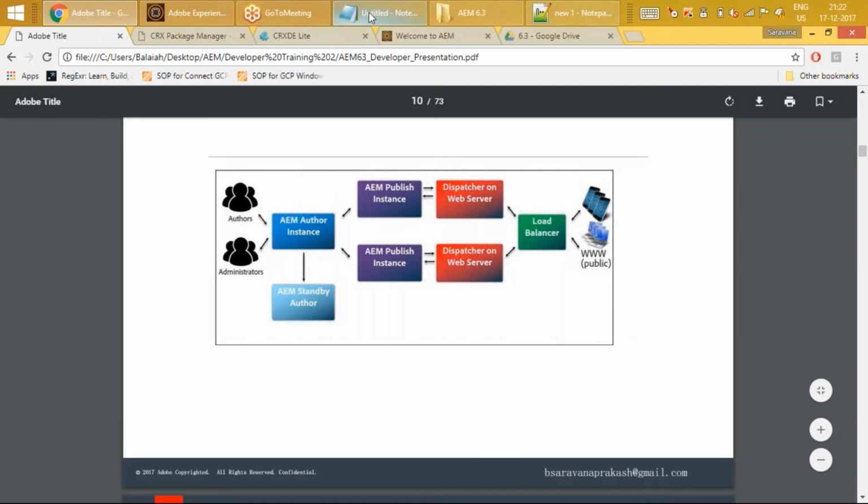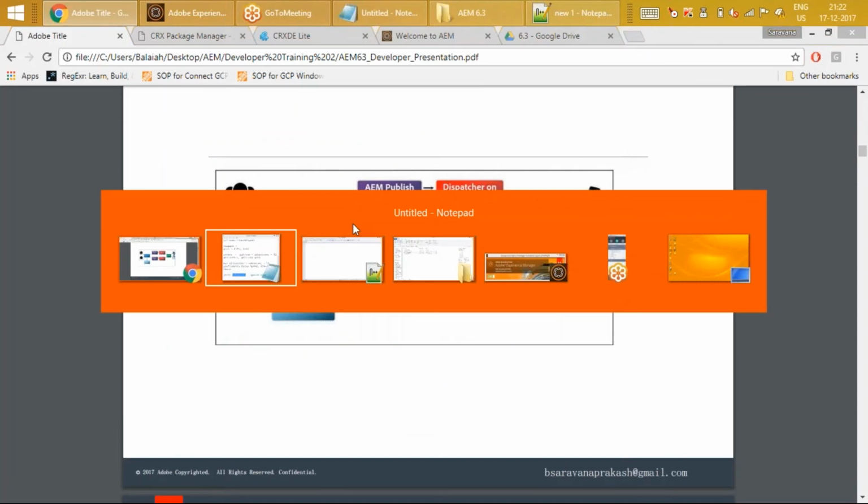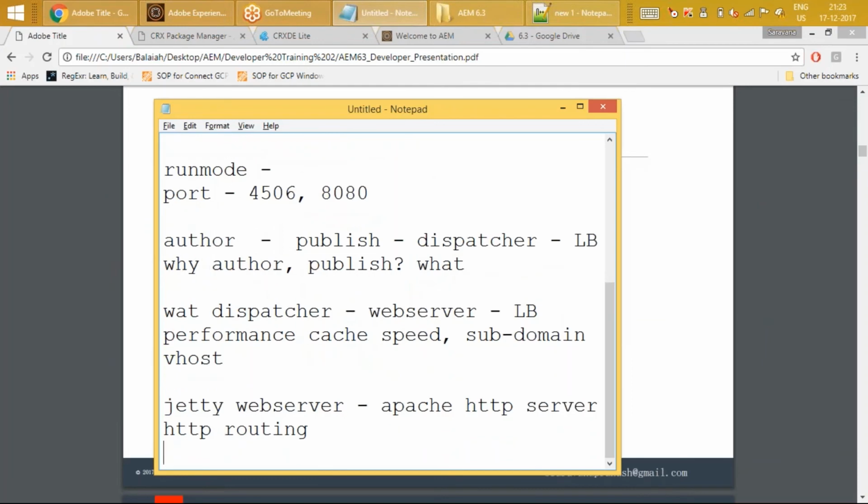Not a lot of difference; the line between an HTTP server and a web server is very thin. An HTTP server does HTTP routing. That's the only purpose of it. When it gets an HTTP request, it routes that request to an appropriate HTTP or web server that actually processes the request. And the web server will actually do web processing. So you have a JSP file, or you are backing it with a web.xml, or you have a WAR file in Java. It's a J2EE world, known as a web archive file or WAR file.